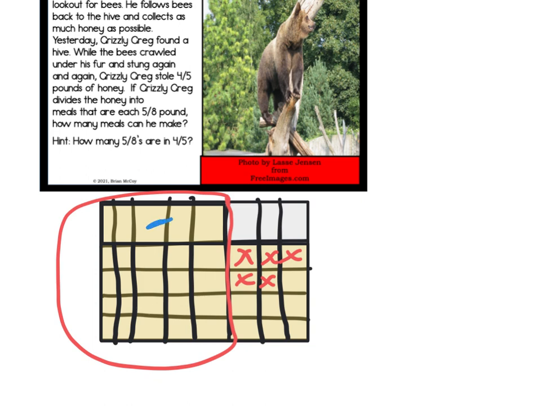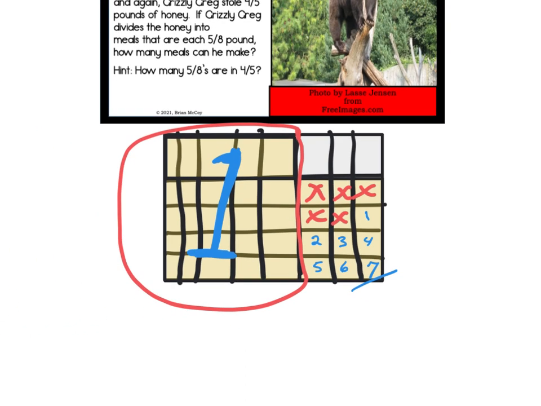I'll do this in blue. So I've got one meal right there that he's got. And he's got these left over, right? So let's go ahead and count those. I'm going to enlarge this a little bit. And we'll count those. He's got 1, 2, 3, 4, 5, 6, and 7 out of,